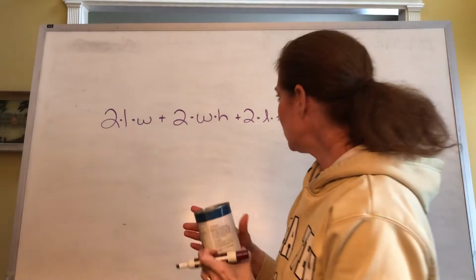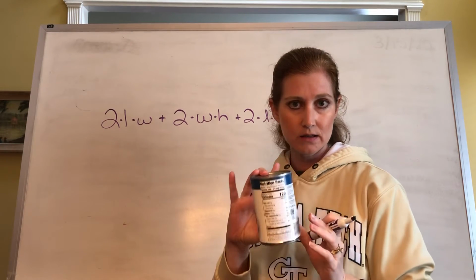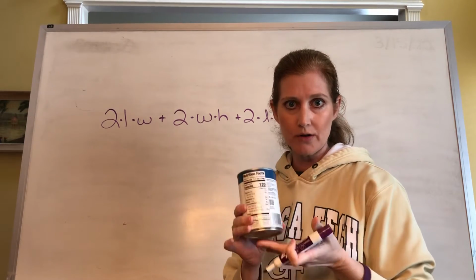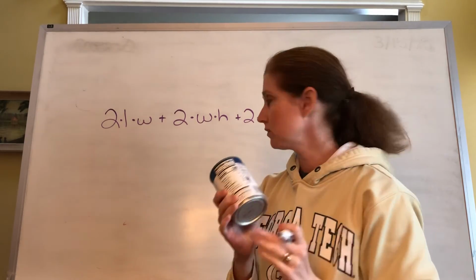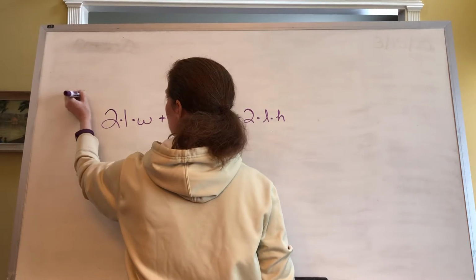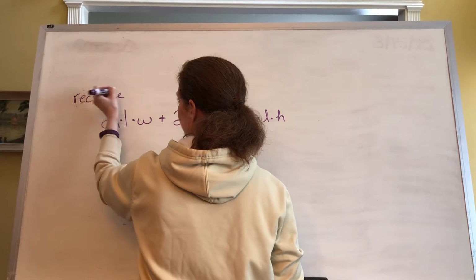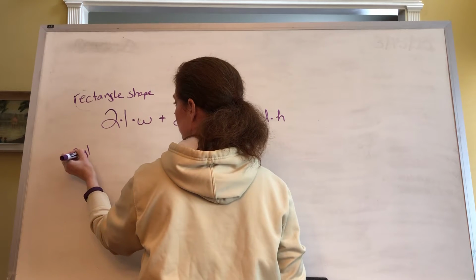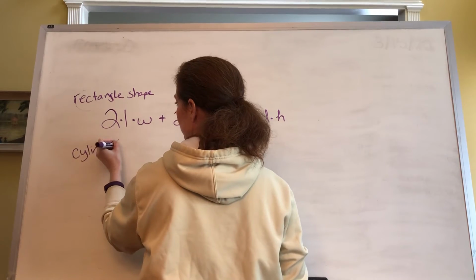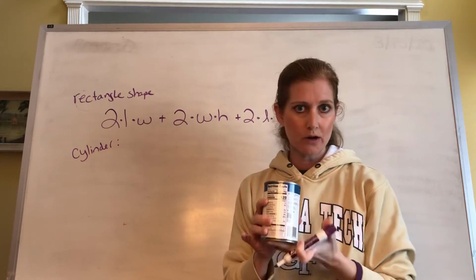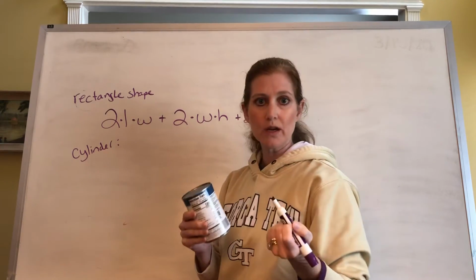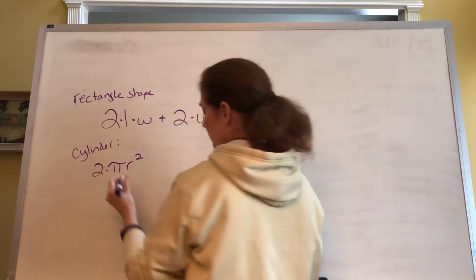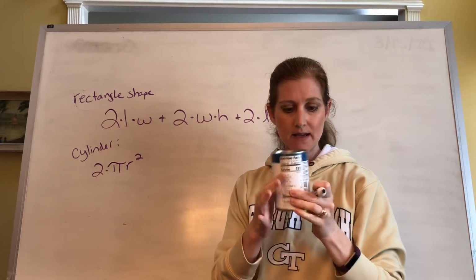All right, if we have a cylinder that we need to find the surface area of, we've got the top and the bottom, which are circles. For a cylinder, we have a top and a bottom. That is a circle. We know the area of a circle is pi r squared, and I have 2 of them. Right. Now to get the sides,